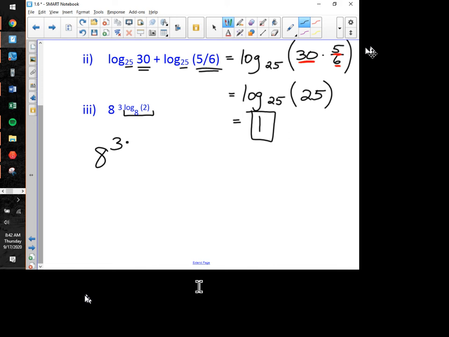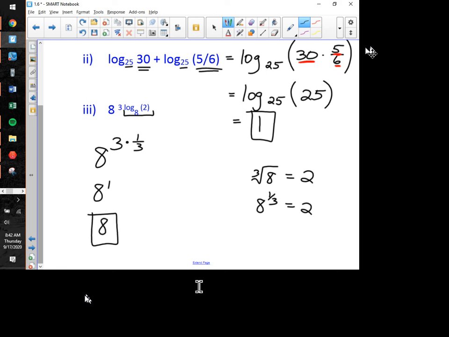So this is 3 times log base 8 of 2, which means 8 raised to what power is equal to 2? Well, as I'm hoping you remember, 2 is actually the cube root of 8, which means that 8 to the 1/3 power is equal to 2. So that becomes 3 times 1/3, which is 8 to the 1st,